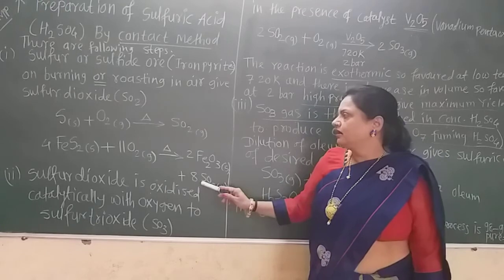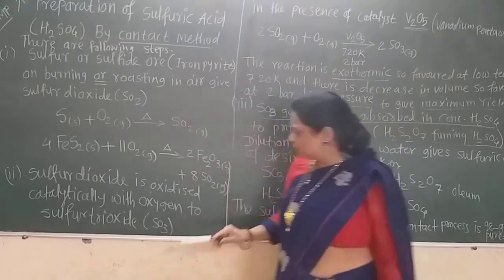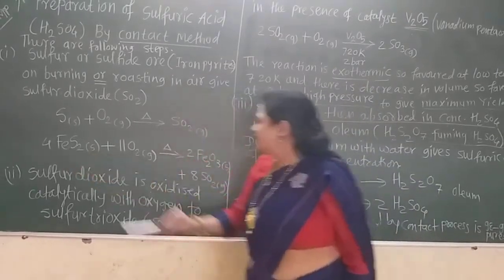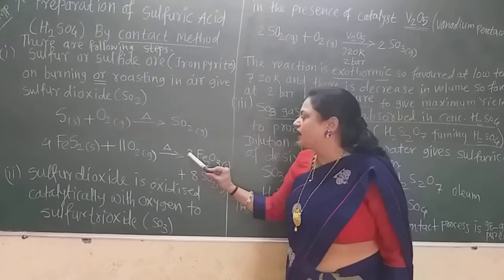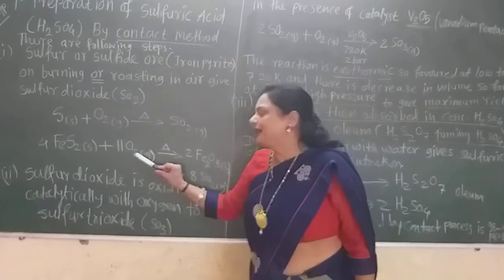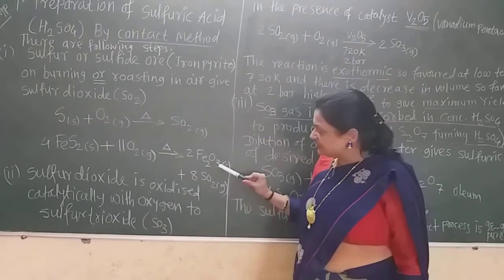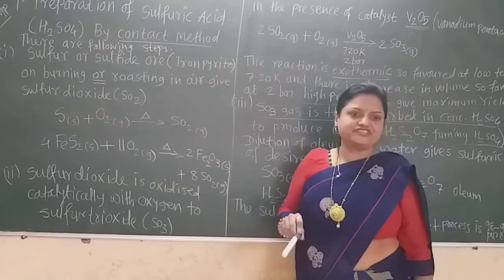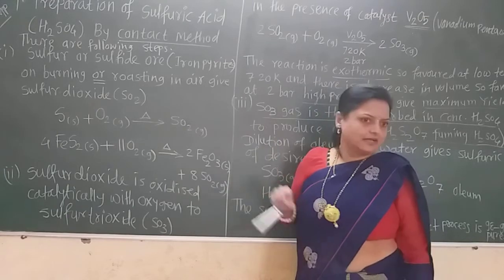We can here balance the reaction. Now 4 multiplied by 2, 8, so here there are 8 sulfur. Again 4 iron, here twice Fe2O3 is formed. That means the 4 iron atoms are balanced. Now 11 multiplied by 2, 22 oxygen atoms are there. Here 3 into 2 is 6 and 8 into 2 is 16, 16 plus 6 is 22 oxygen, so all get balanced here.